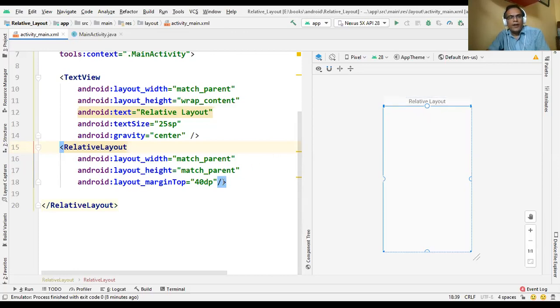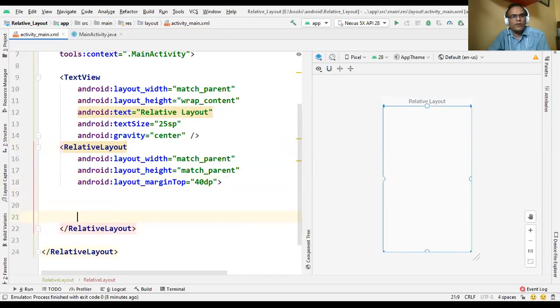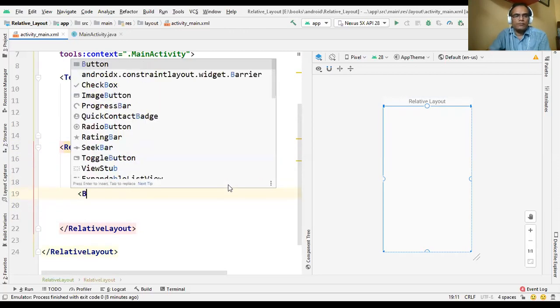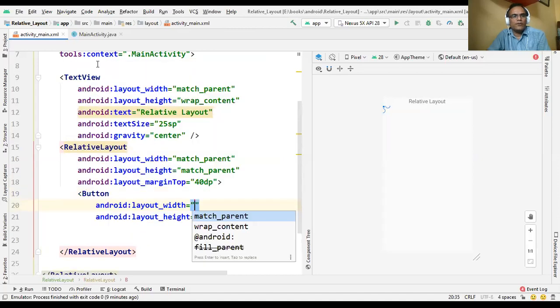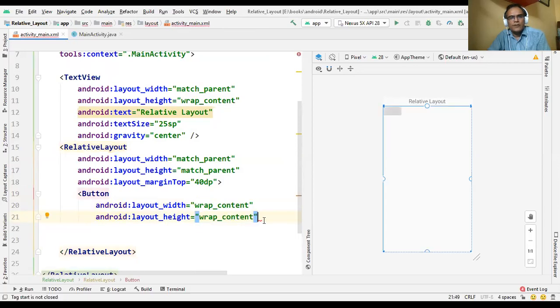Now in this layout we use different controls. Let's use a button control. Again, for width and height properties, we use wrap content.